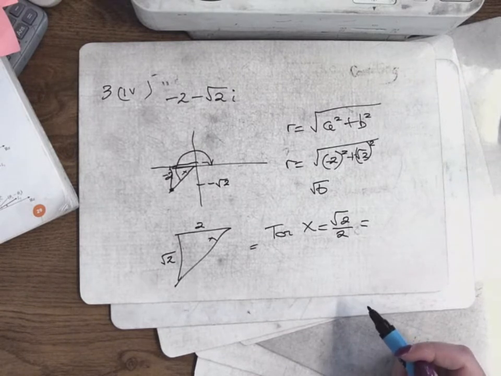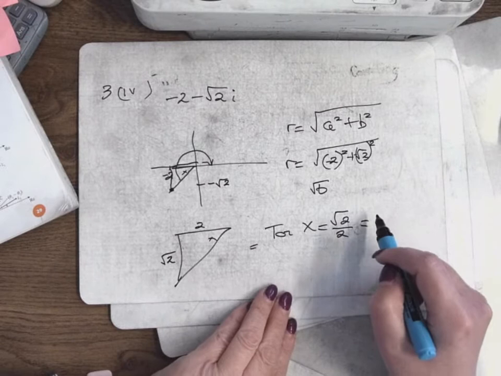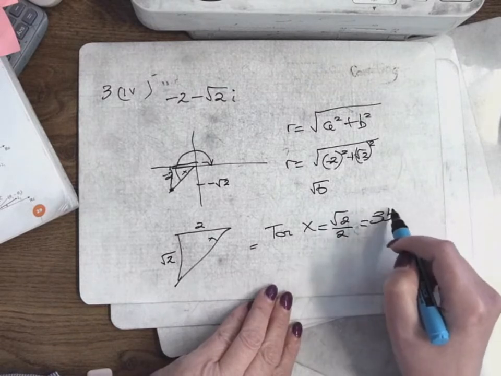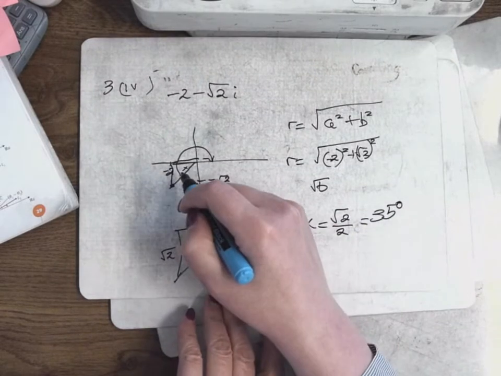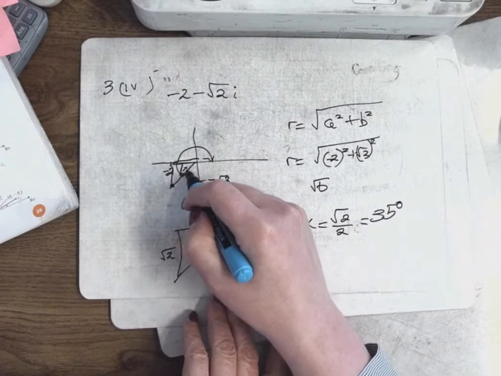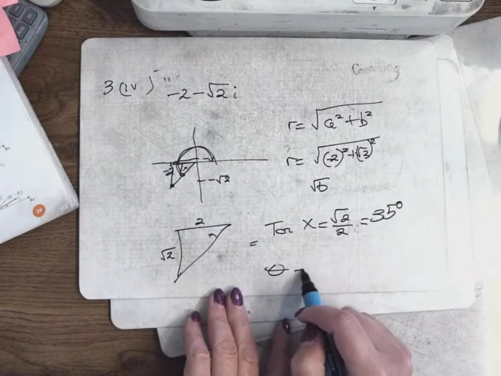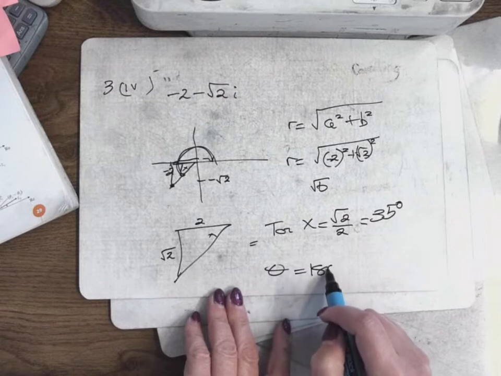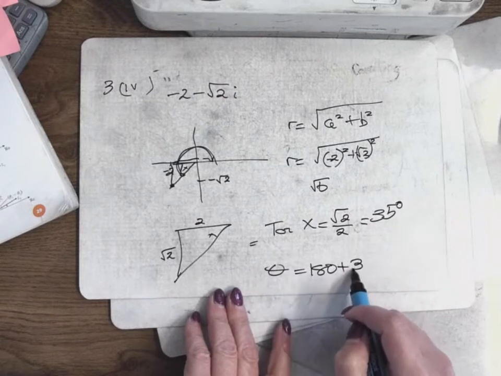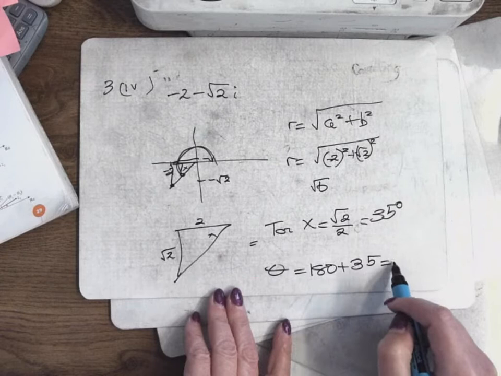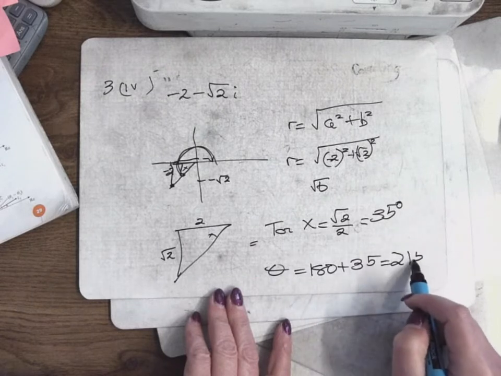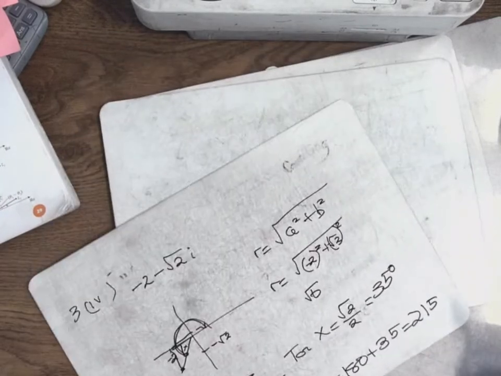So what's the angle? 35 degrees. Right, lovely. Right, that is not the argument. That is this angle here. So in order to get the argument, you must add 180. So the argument is 180 plus 35, which is 215. Okay, so then in polar form, that would be